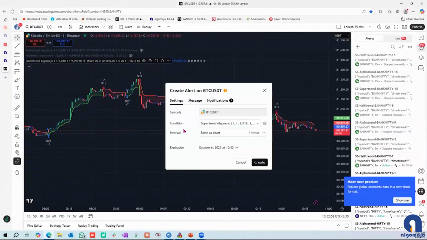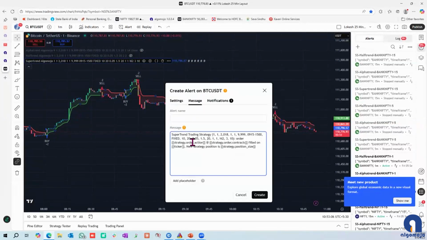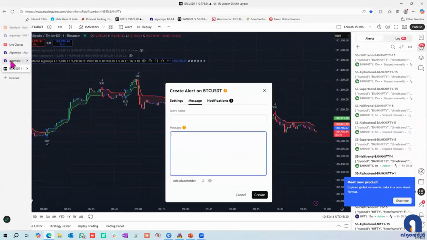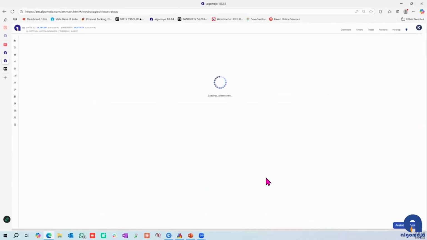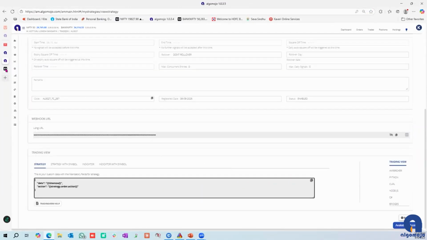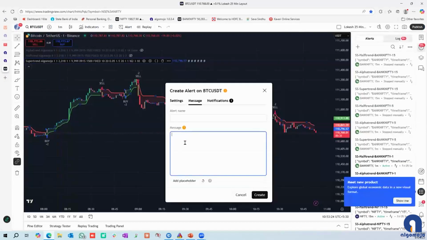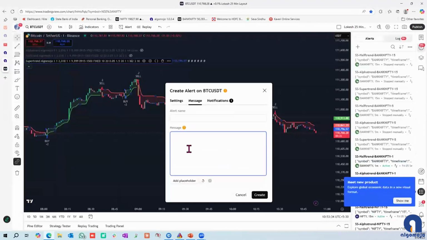It will open a pop-up box. If it's a strategy that you're running, you will have a small pop-up box where you go to the message section, and by default, whatever values are there, select them and delete them. Go to Algomojo. From the strategy that we just created, copy this code from here and paste it in the message box. Sorry, I think it did not get copied properly. Let me copy that again. Yeah, it's copied now. Paste it here